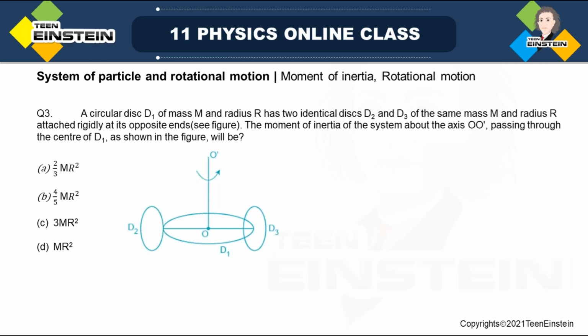As you can see in this figure, there is a disk D1 which has mass capital M and radius capital R. It has two identical disks at the two ends of it, D2 and D3. They also have the same mass and same radius, attached rigidly at its opposite ends. The moment of inertia of the system about this axis passing through the center of D1 is